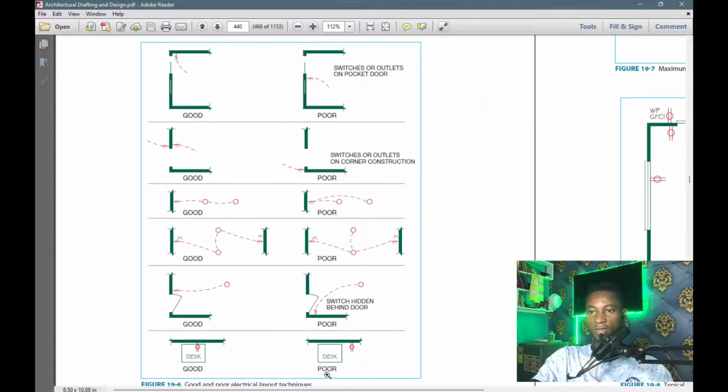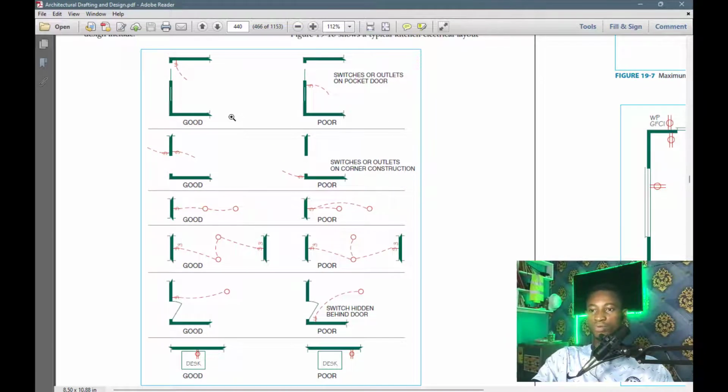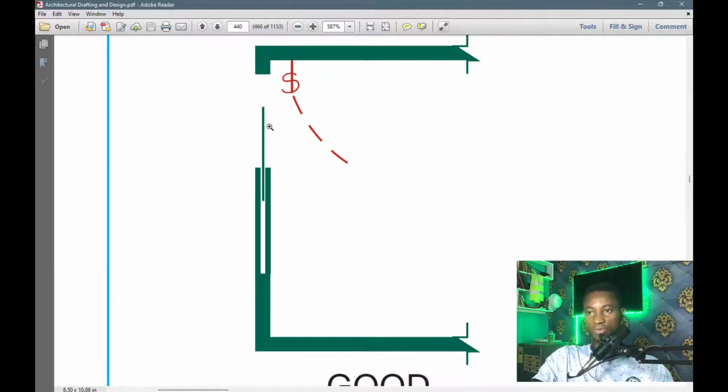When you come here, he's telling us about the good and the bad way of placing switches. So the good way is at an entrance. Let me zoom in so that I can explain it well. So this is a wall or a door which slides into the wall,